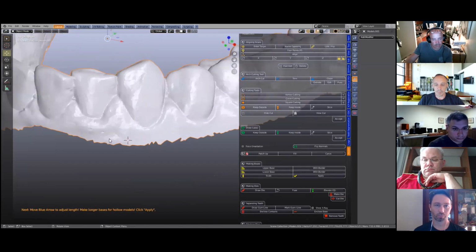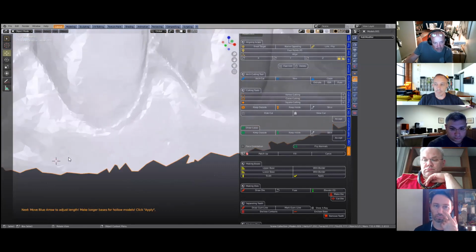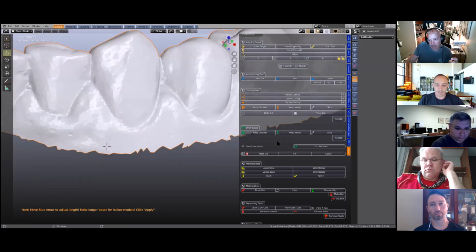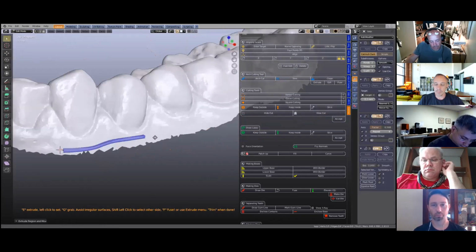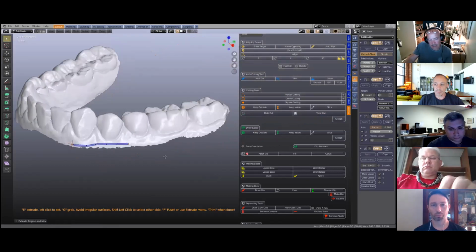shift right click to place a cursor. For those of you that don't know what a cursor is, this looks like a bit of a life-saving ring. This is the cursor, and it points to where we want to start our procedure. So for example, over here, we're going to click on arch cutting, and it starts at where the cursor is. And then we can extrude this all the way around, and then cut our